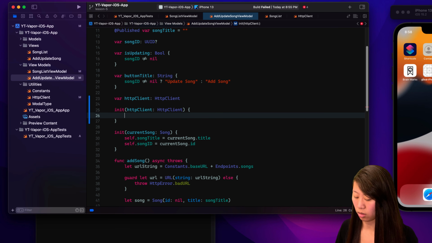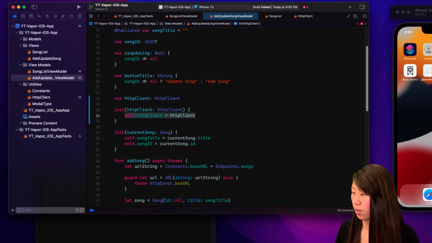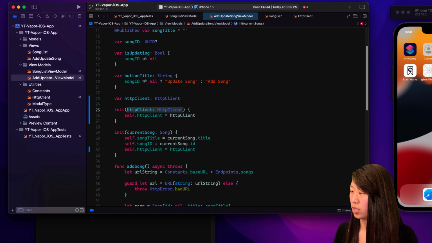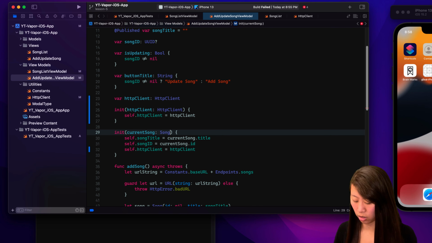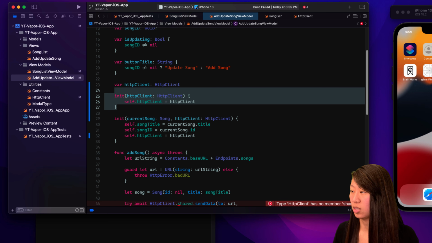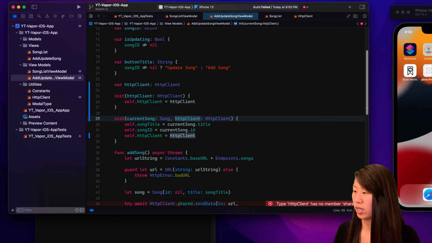And we need to then open that and do the same thing. And we are going to copy that and we will paste it down here. We'll do the same thing and have this also take one as well, just like that. So it's taking it in two different ways. When it was an empty initializer, now it has this value, and this one where it has a song and